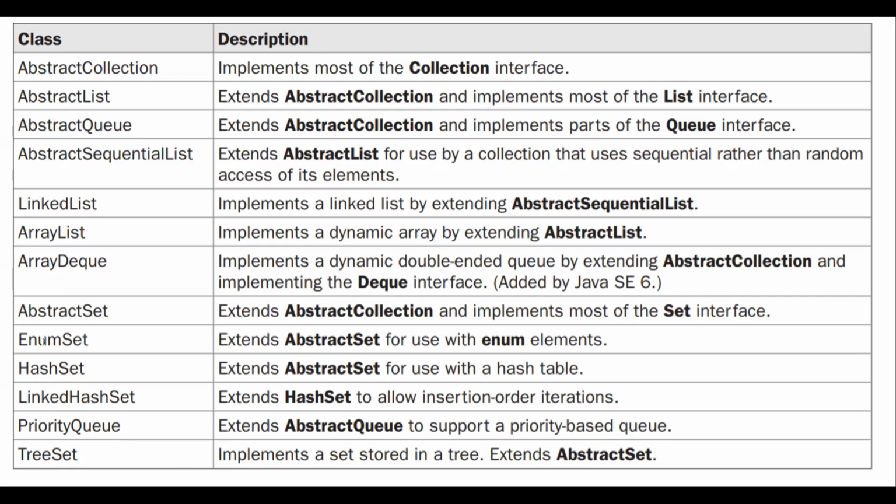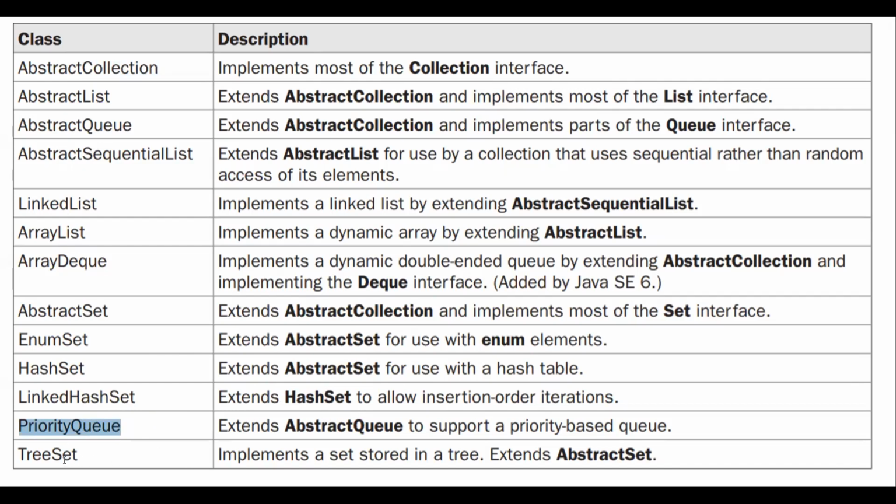Then enum set extends abstract set to work with enumeration values. Hash set extends abstract set and provides a hash table. Linked hash set extends hash set to allow insertion order iteration. Then we have priority queue, which extends the abstract queue and supports priority based queue operations.